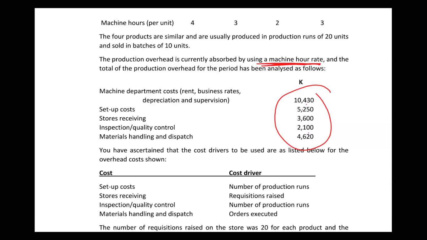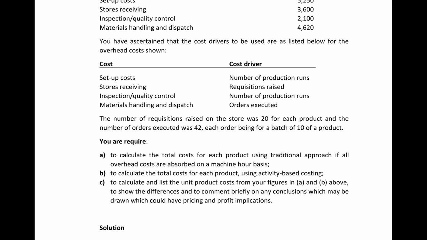We are told that the 4 products are actually similar and usually produced in production runs of 20 units. And they are sold in batches of 10. So they are produced in runs of 20 units and sold also in batches of 10. Now, there is the information we are given in addition to these overhead costs. There are drivers, right? What are the drivers? This time around, since we are following activity,